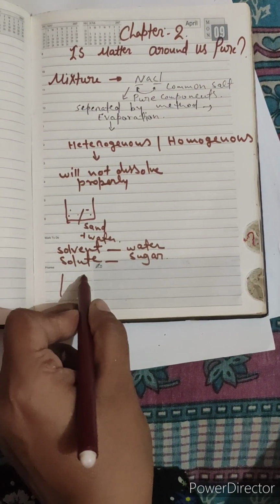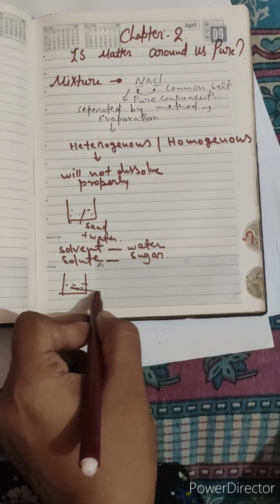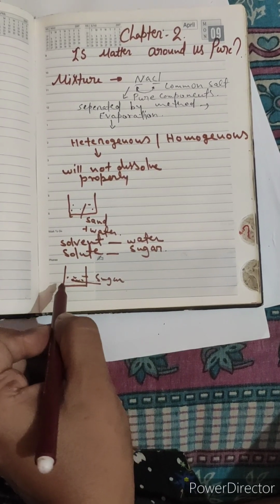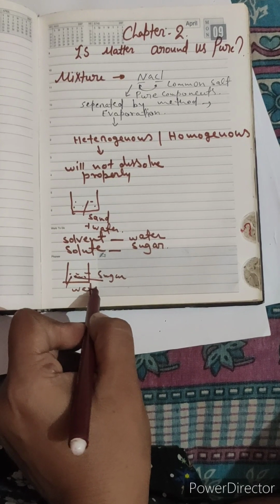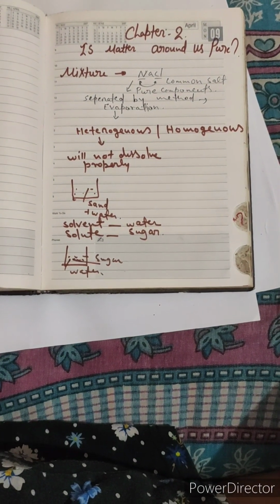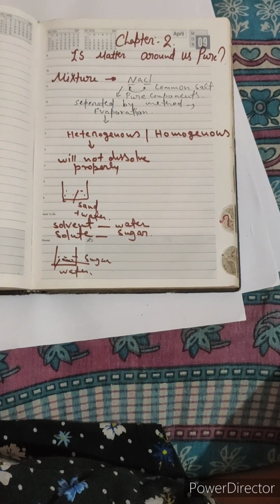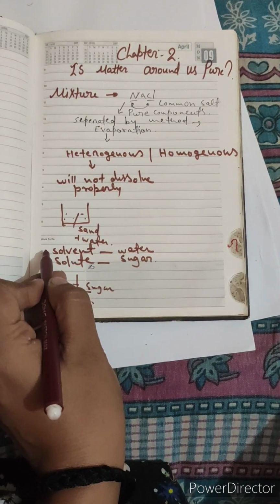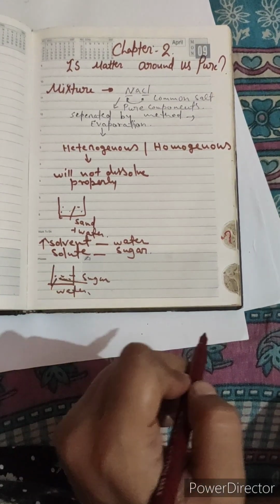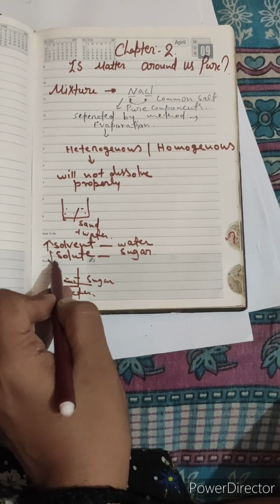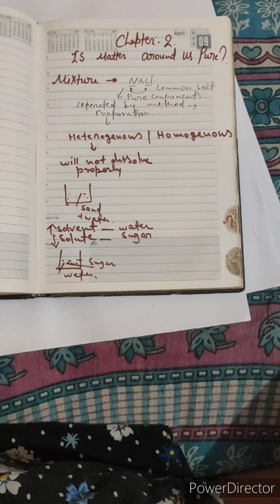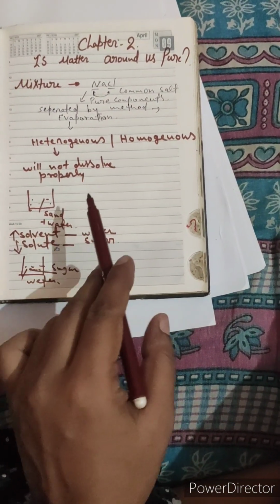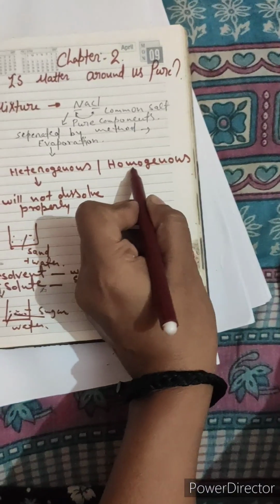I am taking one example just to let you know about solvent and solute. We dissolve sugar, the solute, inside water. Water is the solvent. So solvent and solute are two different things. Solvent must be in a higher quantity and solute in a lower quantity. In chemistry we use one sign for higher quantity and another sign for lower quantity. I think you know this already. So this is the example of a heterogeneous mixture.